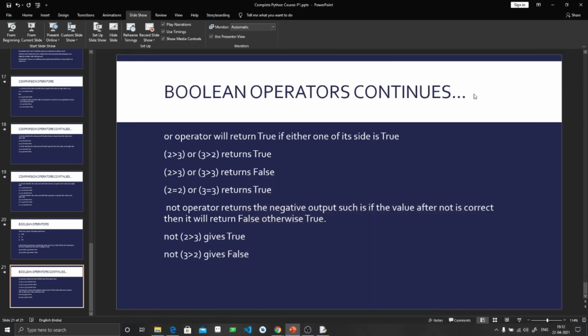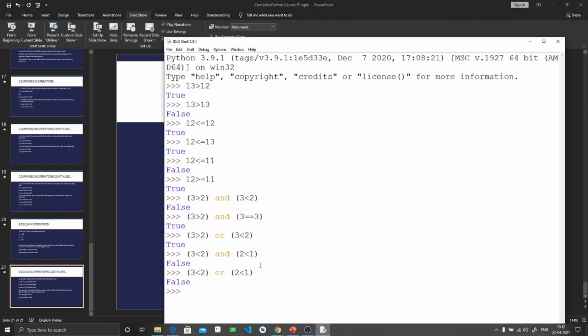So now what I will discuss is the NOT operator. If I type NOT and then true, it will give false. If I type NOT then false, it will give true.